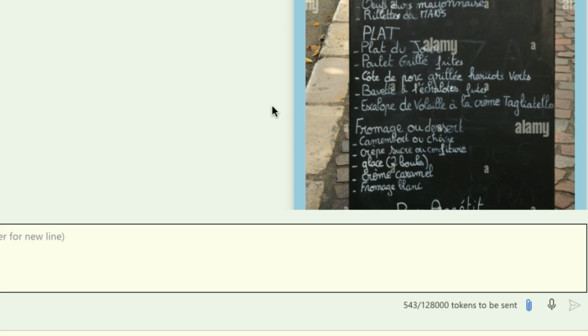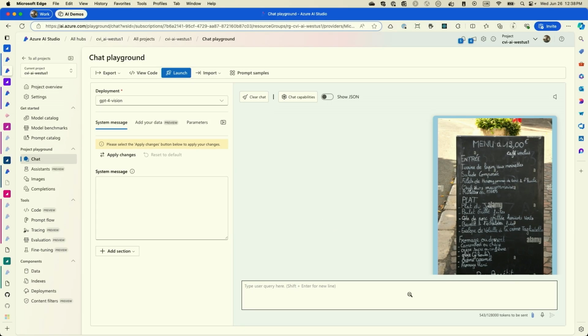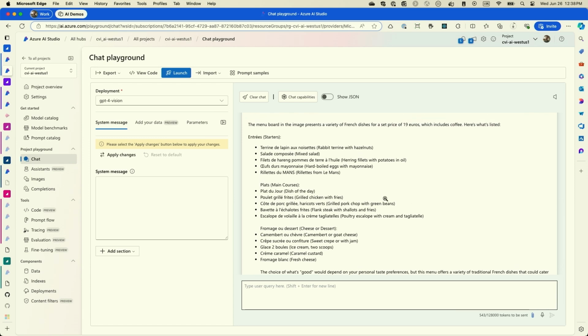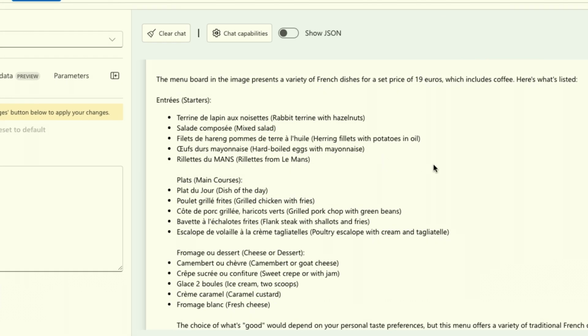That's a very important thing to understand. And as you can see here, it displays the answer. I ask what's on the menu today. So it's displaying the entries of the menu in French with the English translation because I asked the question in